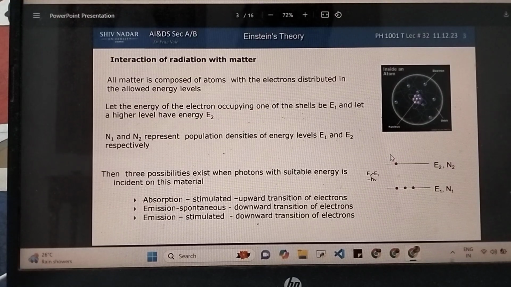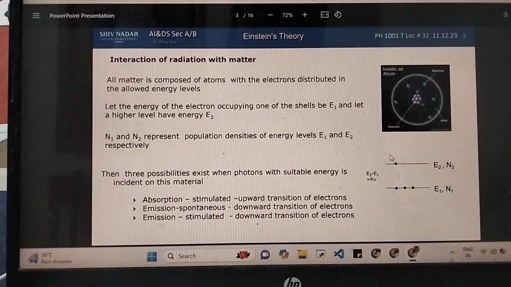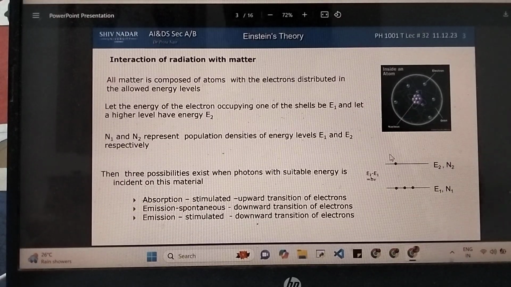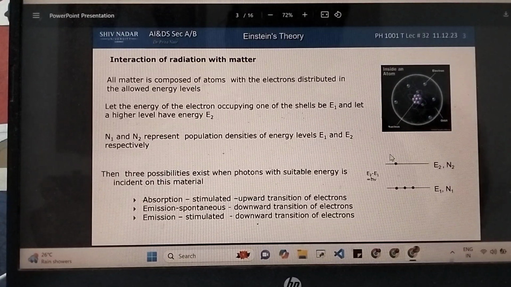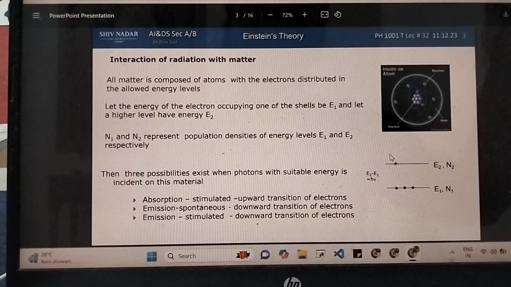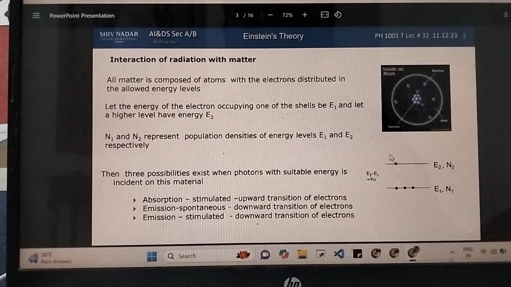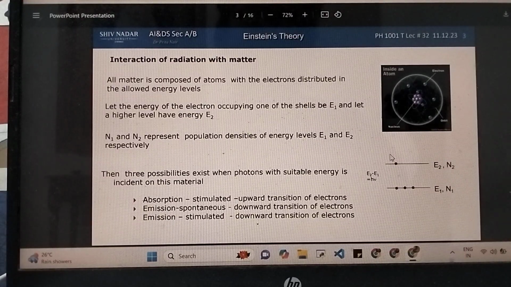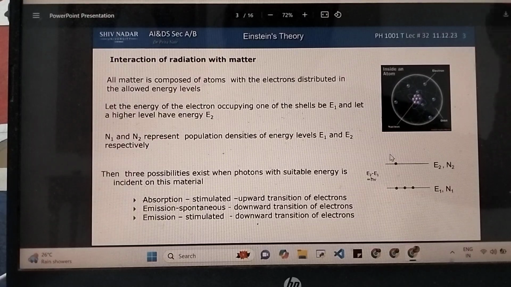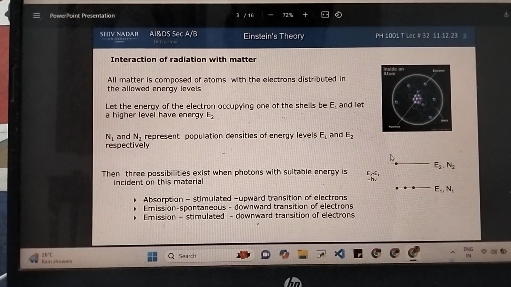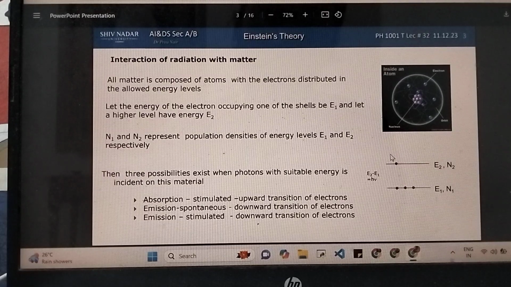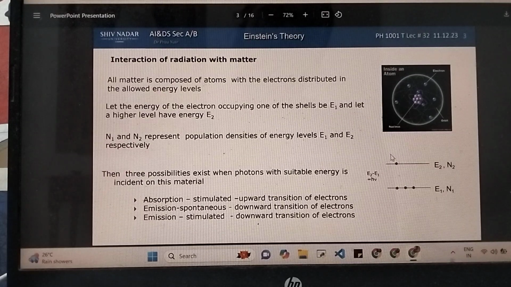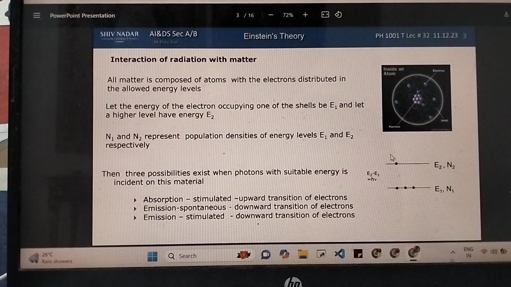Now this emission again is of two subtypes. Spontaneous emission is, as the name suggests, when this emission process is spontaneous. The electron just comes down by itself of its own accord because it finds the higher level too unstable. There is no stimulus you are giving which is triggering this emission. That is spontaneous emission. In stimulated emission, on the other hand, like stimulated absorption, you are offering some radiation, some energy